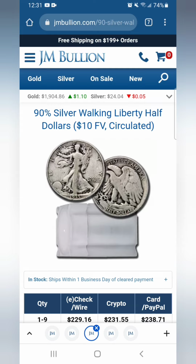And at $238.71 per $10 face, it's not all that great. That's $23.87. Now, I know it's for Walking Liberties, and they sometimes do tend to have a little bit higher premium, but this was the cheapest one I could find on their site. And they are significantly higher than both APMEX and SD Bullion. Maybe it's just because that's all they had available, but this is what I have to go with, so